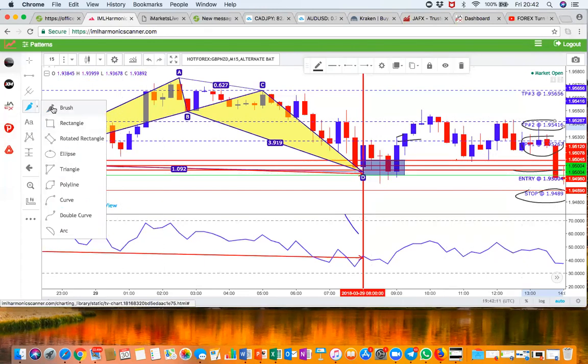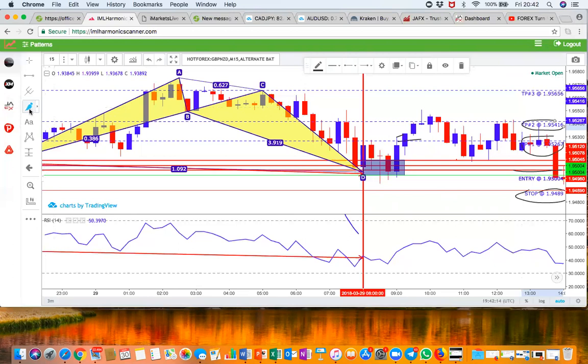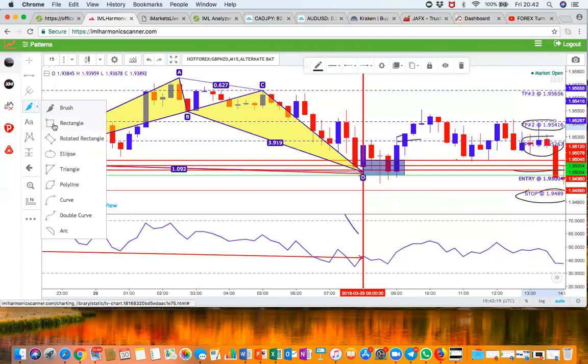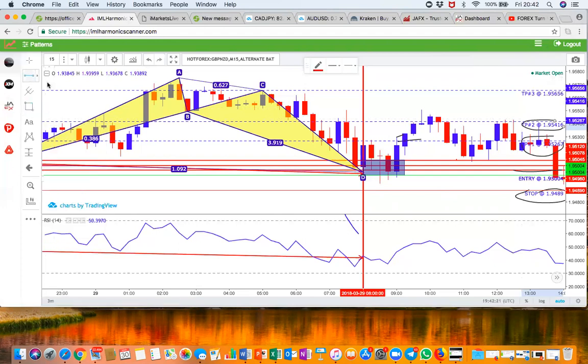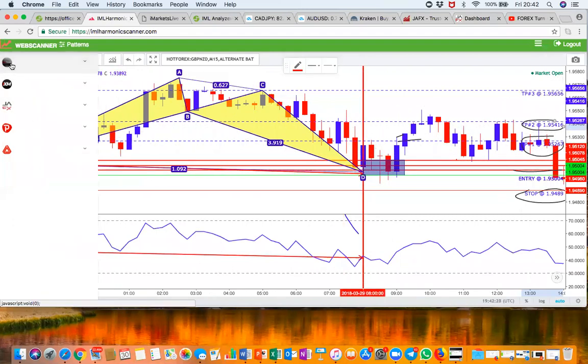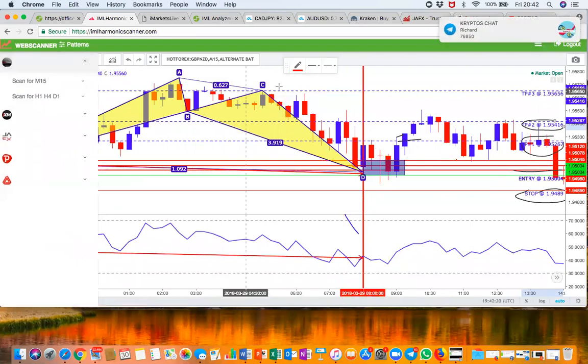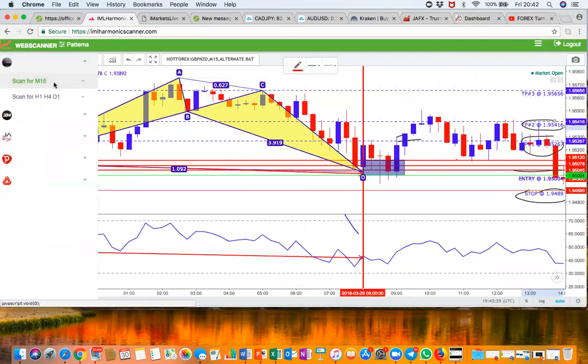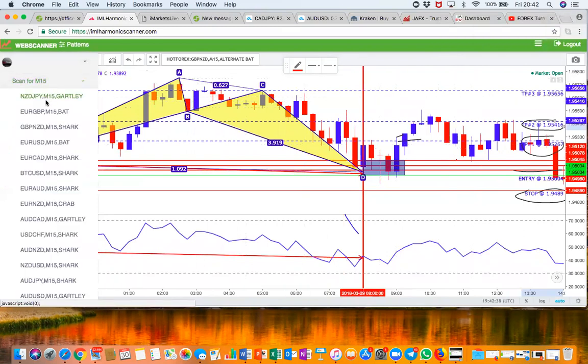Basically, that's the 4 rules. Let me go and find another trade, because this one was a sell and I know this is a buy. So let me find one for a sell. So as I was saying, the first rule, look for